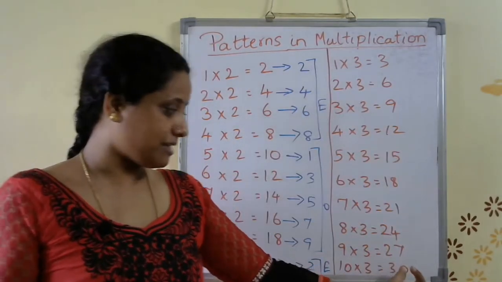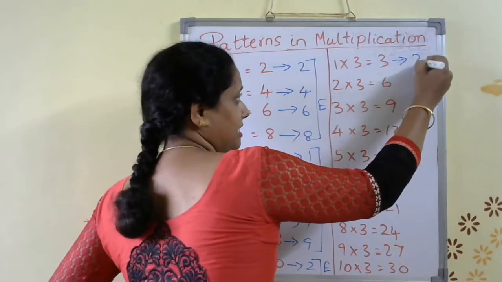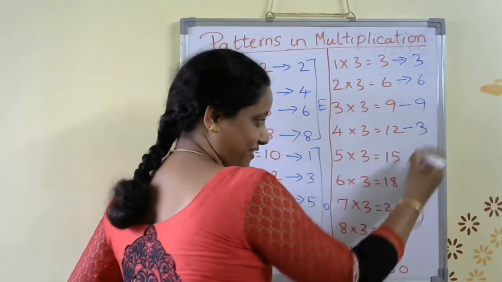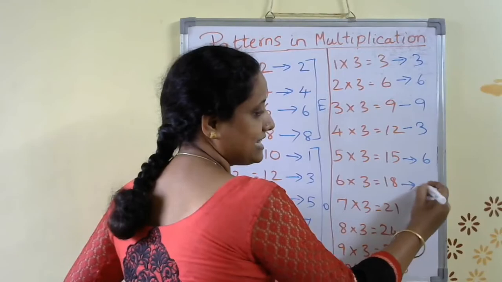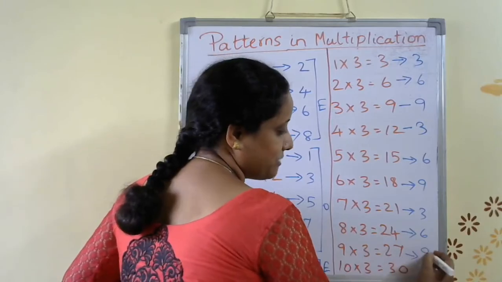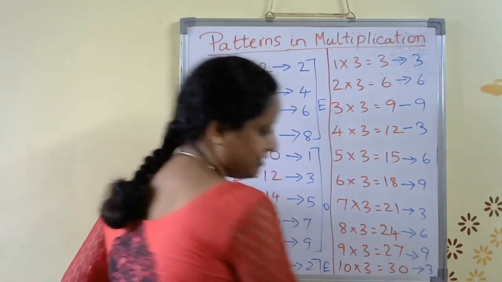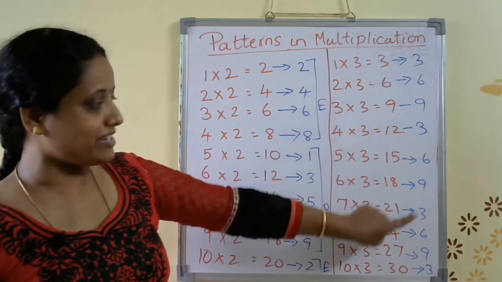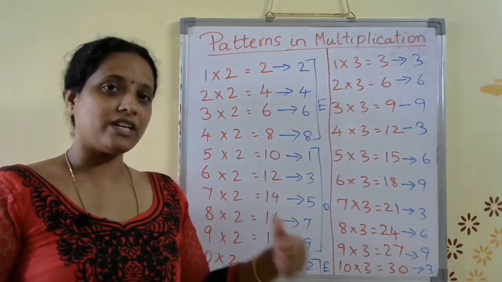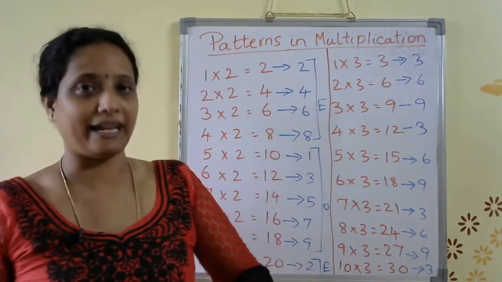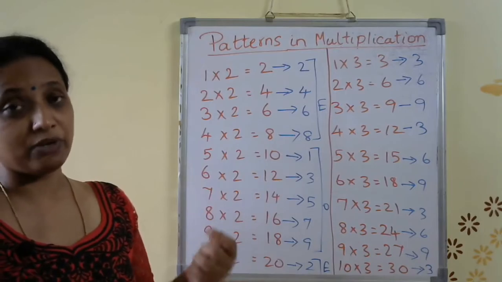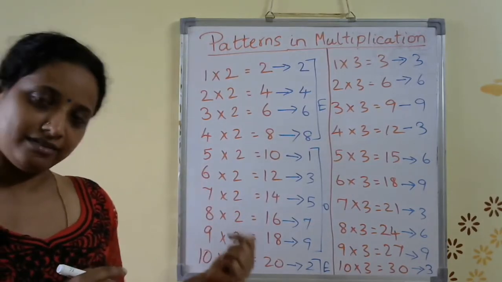But if you go to 3 table, you can see 3, 6, 9, then 1 plus 2 becomes again 3, 1 plus 5, 6, 1 plus 8, 9, 2 plus 1 again 3, 2 plus 4, 6, then 2 plus 7 becomes 9 and 3 plus 0 becomes 3. So you can see a pattern 3, 6, 9, 3, 6, 9, 3, 6, 9 again 3, right? So this will be a different type of pattern. So each and every table follows a certain pattern. So we are going to see what are these type of patterns, and we are going to find the different patterns in each table, right?